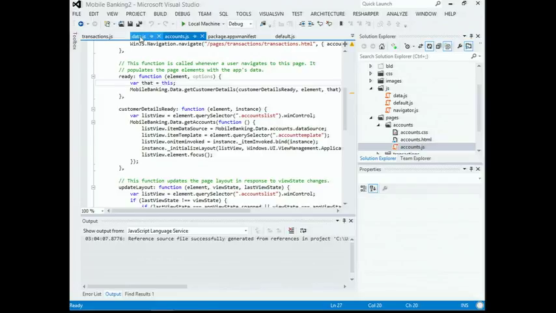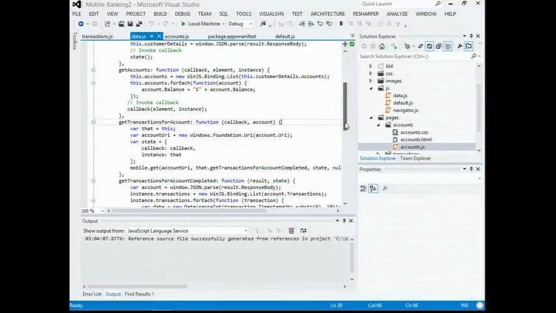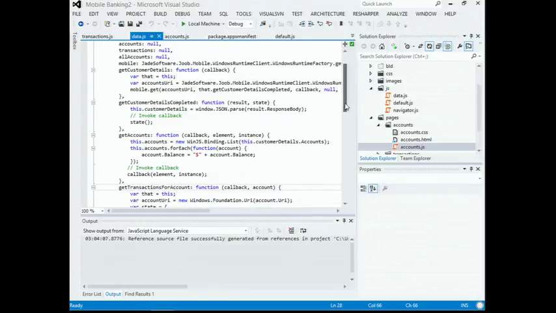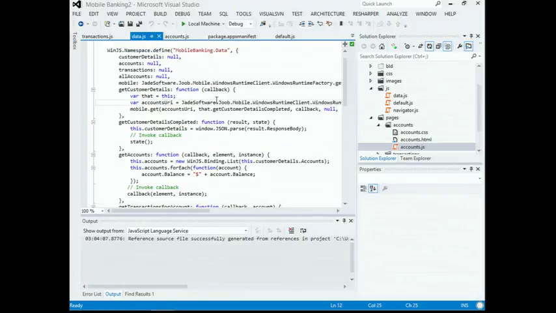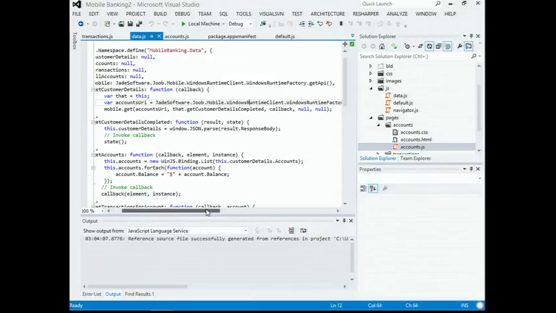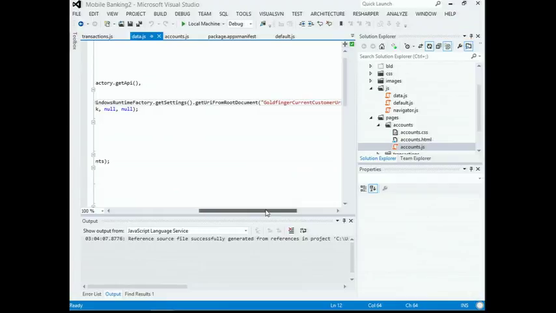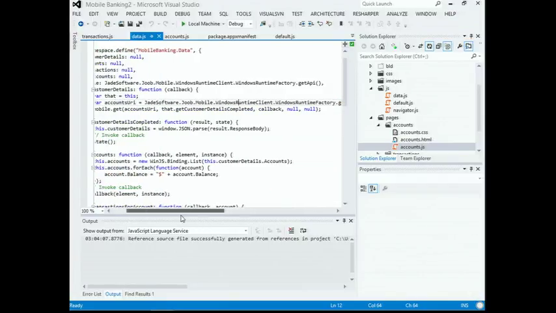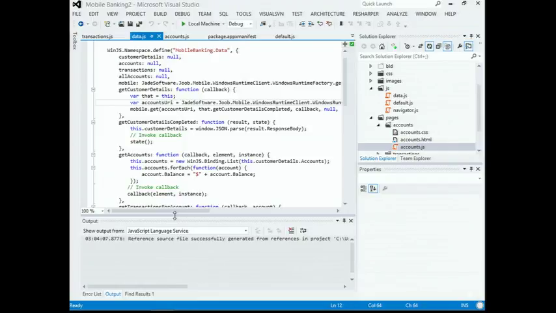Now get customer details goes off, just does a get to a root document resource. So as you saw on the slide earlier, we have this concept of root document. Now, in the case of Jube Mobile, this defines all the starting points of the application. So this function we have in our framework allows you to go and get an entry off that. In this case, we're generating a new URI and passing it off to a get